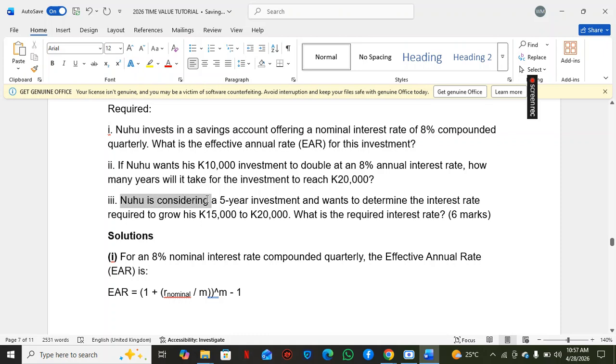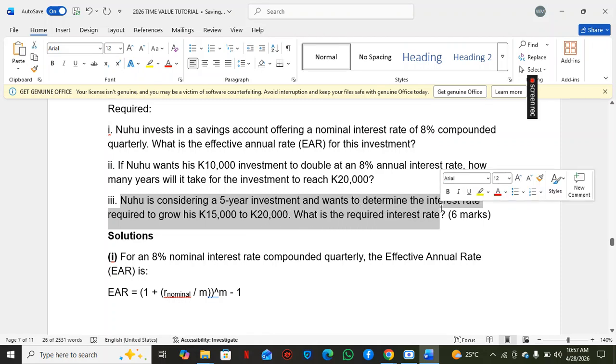Nuhu is considering a 5-year investment and wants to determine the interest rate required to grow his 15,000 to 20,000. What is the required interest rate? Here again,